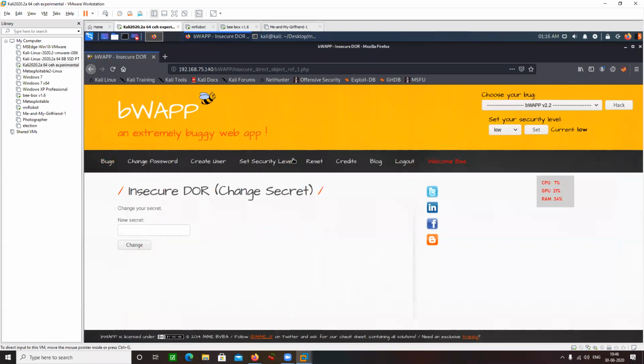Change your secret. So currently I'm logged in with this user, bee. Bee is the user. Okay, so this was my secret for another user, that is root. New secret, let's say anything. Just change it. The secret has been changed. So there's no request. I cannot see anything happening here, right? There's no parameter here. So that simply tells me that there is going to be something which I need to change in the POST parameters.